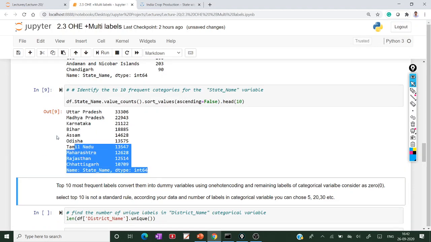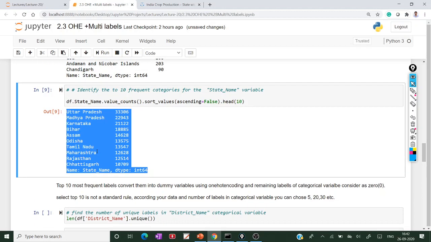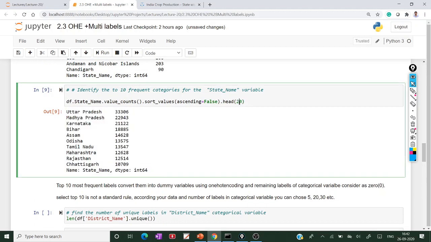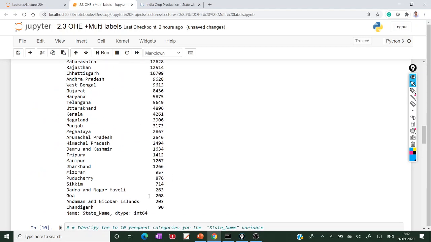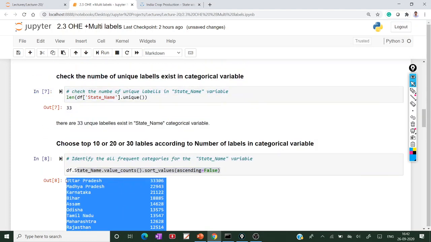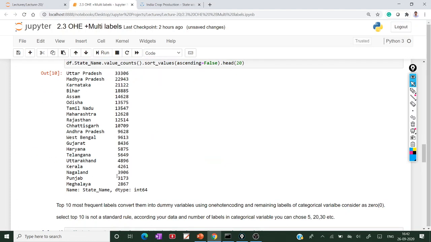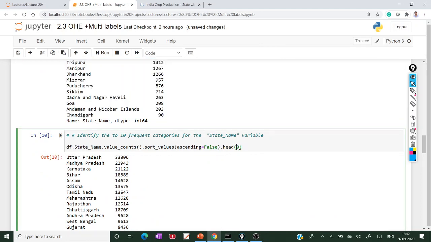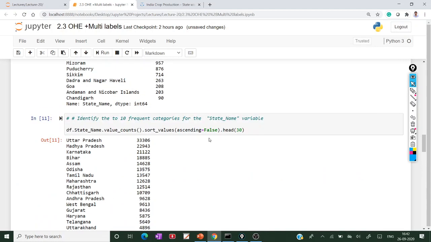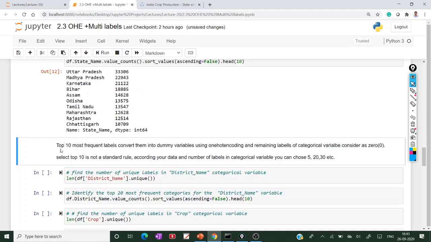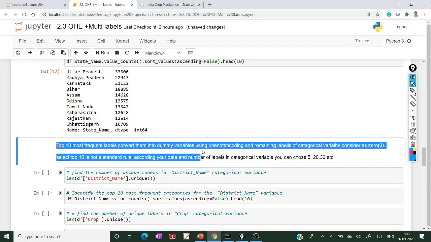If you want the top 20, out of 33 unique labels, it increases. If you want the top 30, it keeps increasing. It depends upon the data; you can choose 10 or 15 like that. So the top 10 frequent labels are converted into dummy variables using one-hot encoding, and the remaining labels are kept as 0.